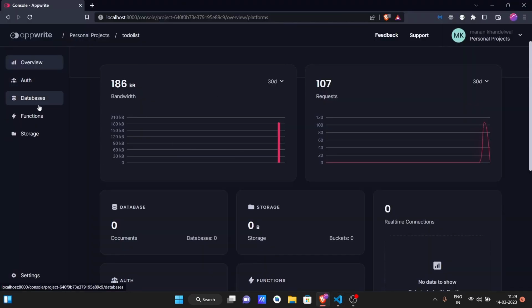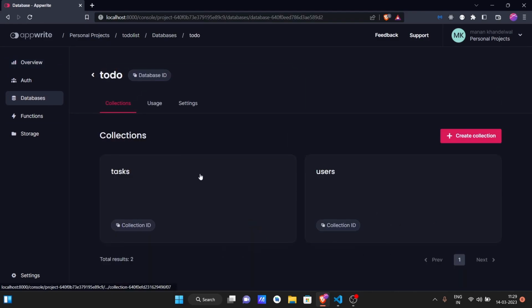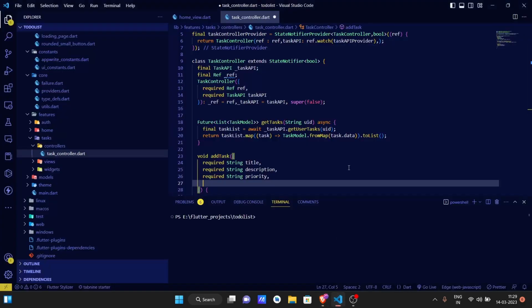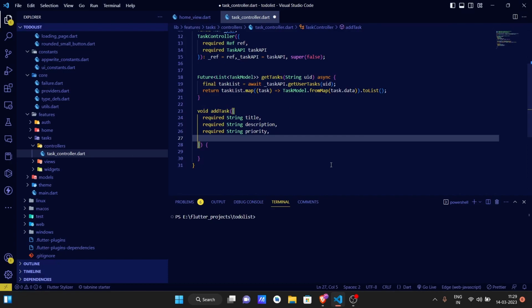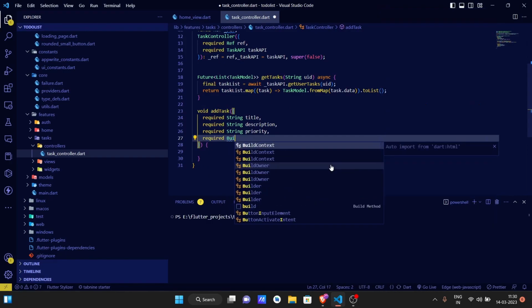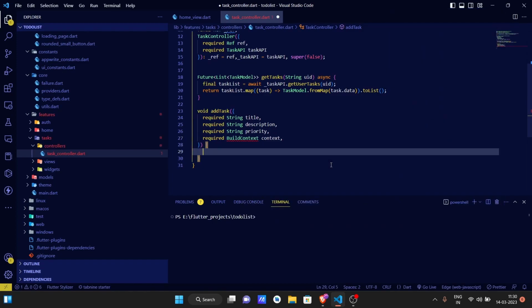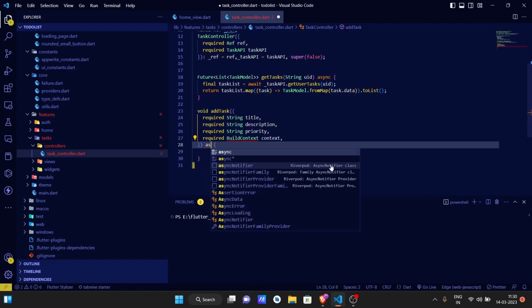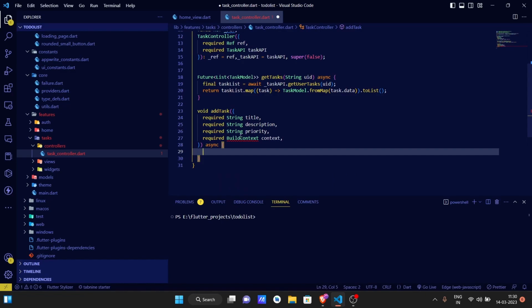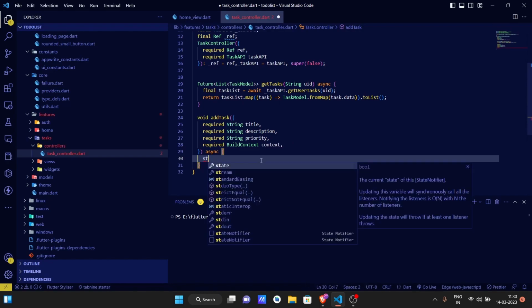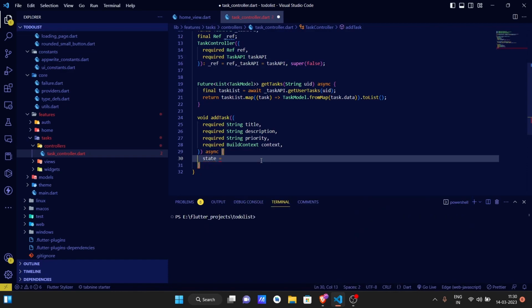One thing, let me check whether I have added priority in our tags attributes. Yeah, priority. And now finally required BuildContext. Now it is going to be async. Import material.dart, and now first we need state equals to true,